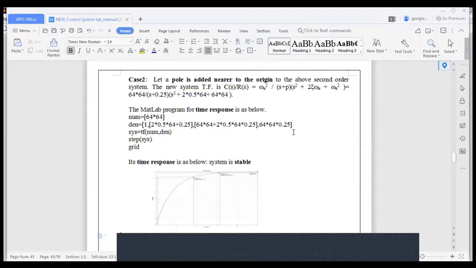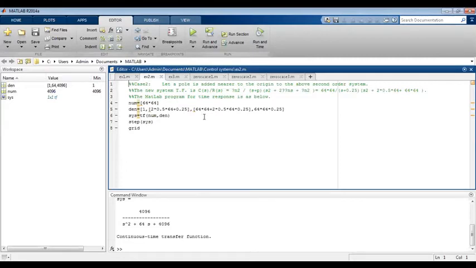Now let us see, the same thing we have put in MATLAB. I will show in MATLAB. See here, when you add a pole nearer to the origin, whatever I have told already, the same thing we have put here. Since it is in MATLAB, the first 3 lines are just for your understanding, we have put them behind a percentage sign. That will not be executed. That is only the title, for your understanding. Only the lines that are not preceded by a percentage sign will be executed.